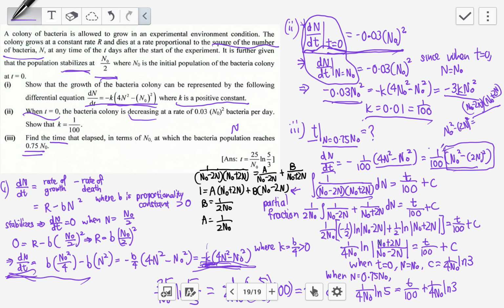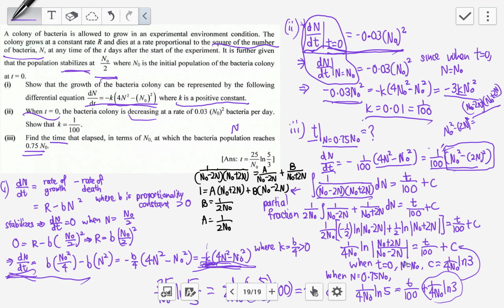This thing, when I substitute n naught inside this equation, I am just left with 3, and then here I'll just have 1 over 4 n naught ln 3. Therefore my c is just 1 over 4 n naught ln 3. Okay, this is just my c. Right, then t over 100 plus c. Then after that, for here, when I substitute n naught, then n naught plus 2 n naught plus n naught is 3 n naught. Then n naught minus 2 n naught is minus n naught. So 3 n naught divided by minus n naught will just give you minus 3, and modulus,